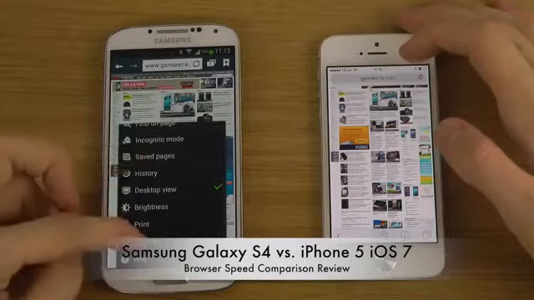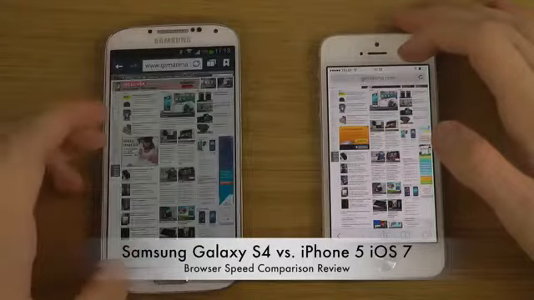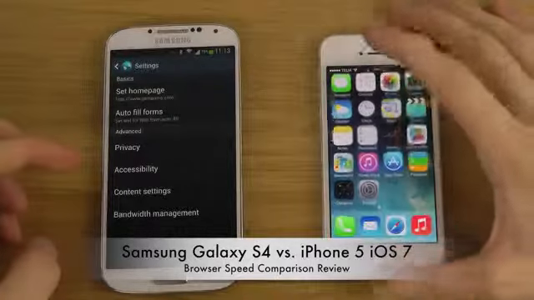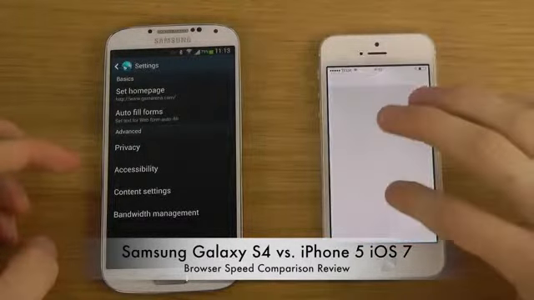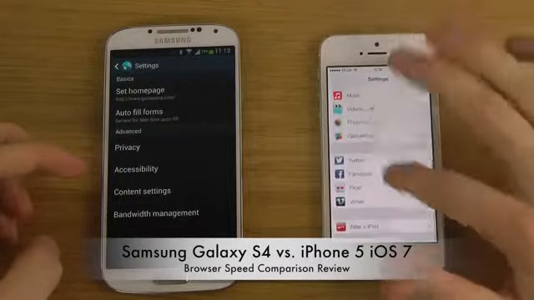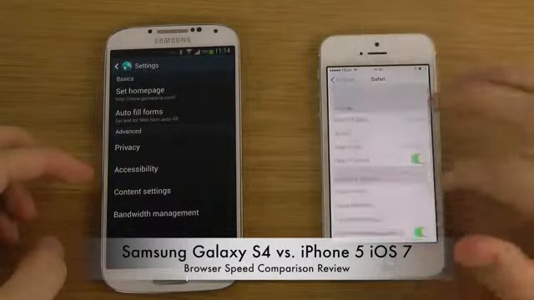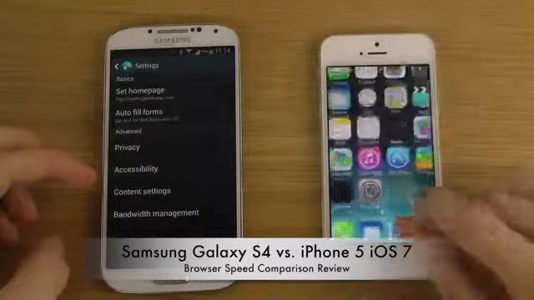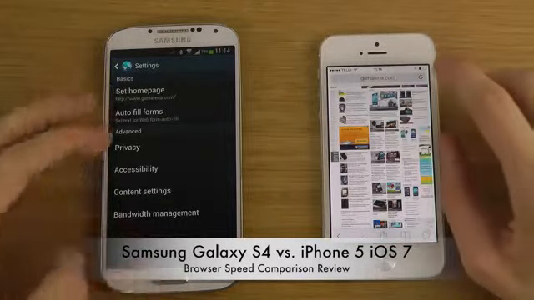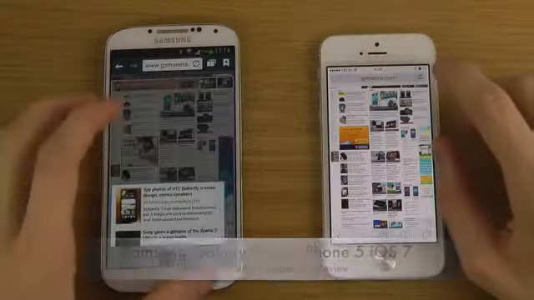Of course, when we go down, let's see here, we have a quick access to the browser settings, just by going there. On the iPhone, we do need to go out, and then go to the settings app, and then scroll down until we find Safari over here. And in here, we do have some things that we can actually customize. But in general, you do want to be able to probably launch it quicker on the browser here on